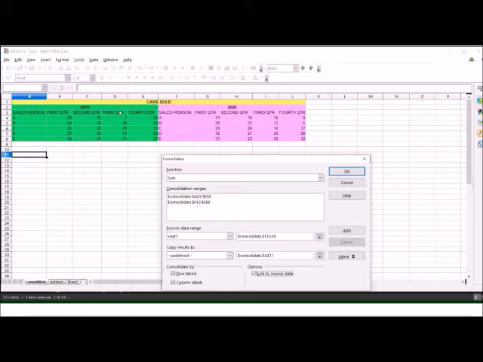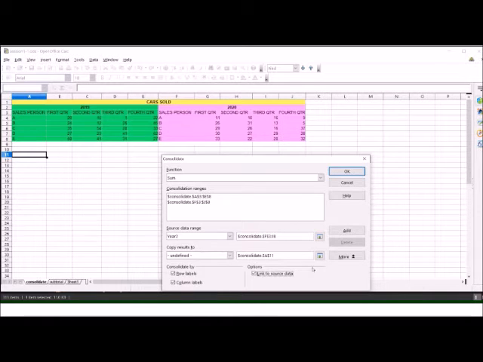All these column headings will appear, and if we check the link to source data option, then if we make any changes in this data here, that will be reflected in the result range also. So this is the purpose of checking all these three options.